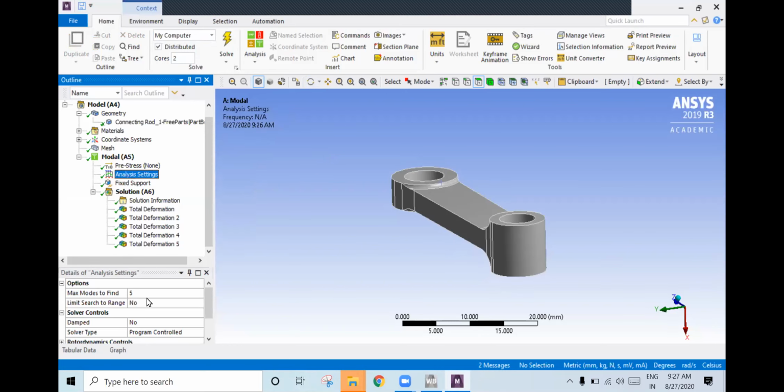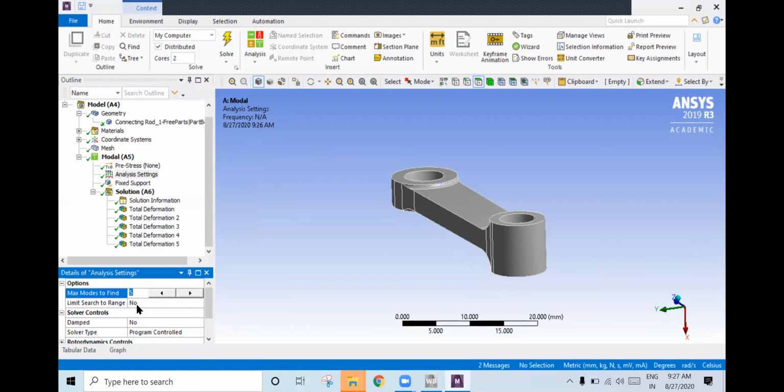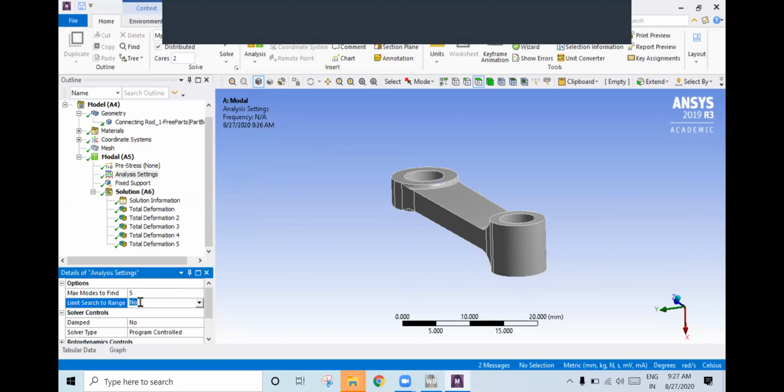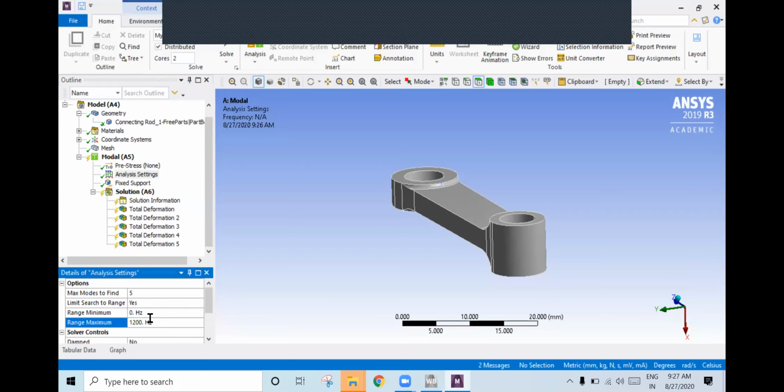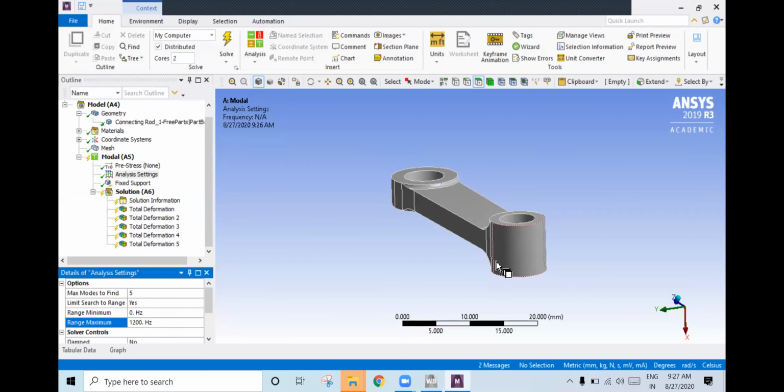I will go to limit search range, which is set to no. Set it to yes here and give the range. I want to check from 0 hertz to 1000 hertz; I will give 1200, which would be better. If there is a natural frequency in between these two limits, definitely you will get it. If there is none in between, you won't get any.